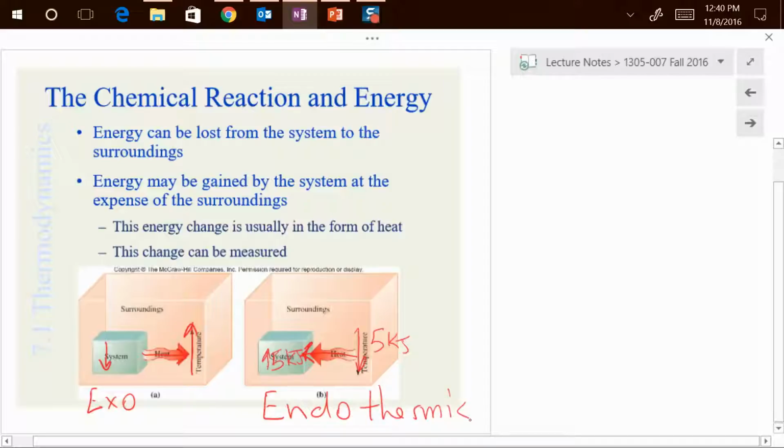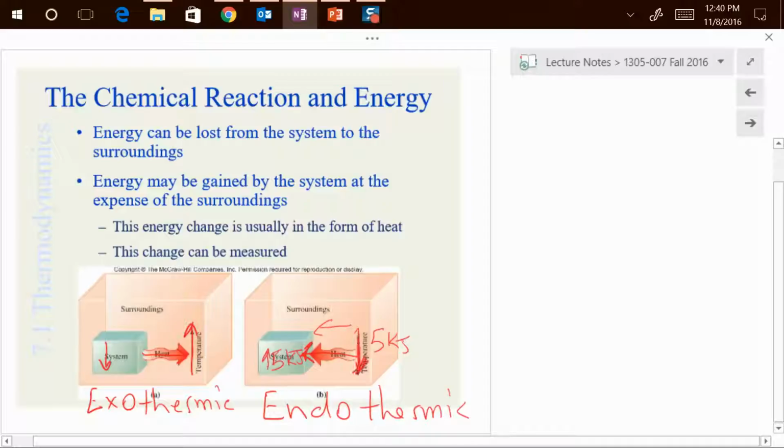If energy is being released, we say it's exothermic. So if my chemical reaction feels hot, that means energy has been released from the chemical reaction, and it causes the surroundings to feel hot. If the chemical reaction feels cold, it's causing the surroundings to feel cold because it's absorbing energy. Okay? It's absorbing energy into it. So we would say that this energy going this way